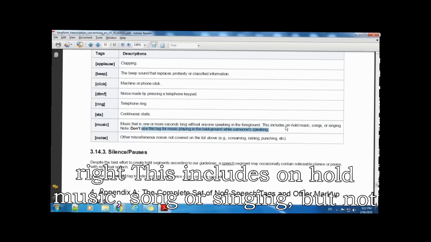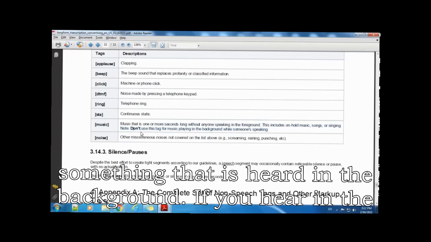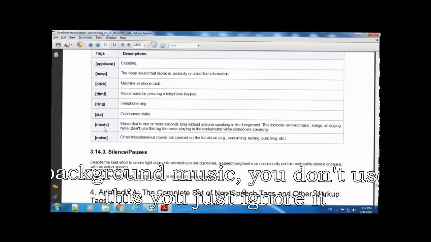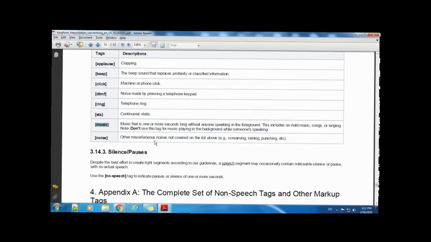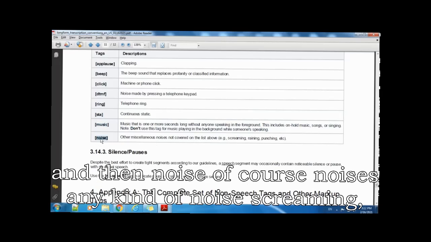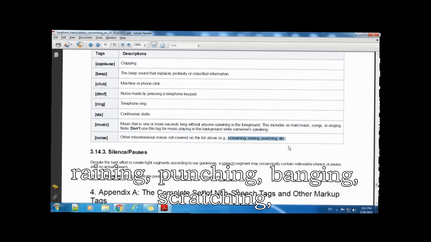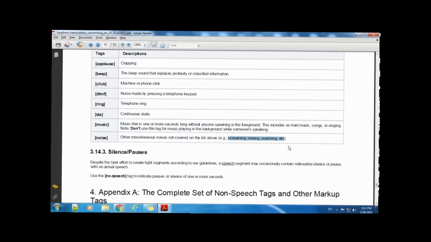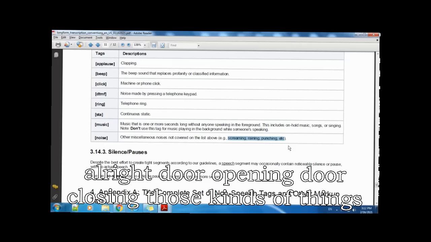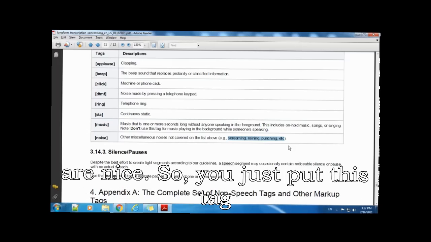This includes on-hold music, song or singing, but not something heard in the background. If you hear background music, you just ignore it. And then noise, of course. Noise is any kind of noise: screaming, raining, punching, banging, scratching, door opening, door closing. Those are noise, so you just put this tag.